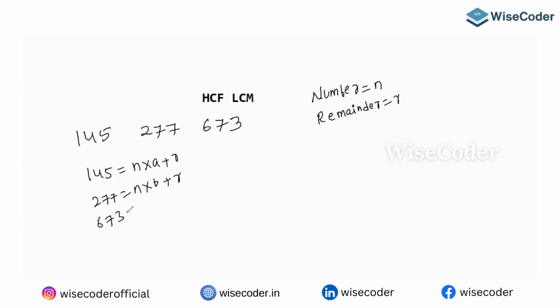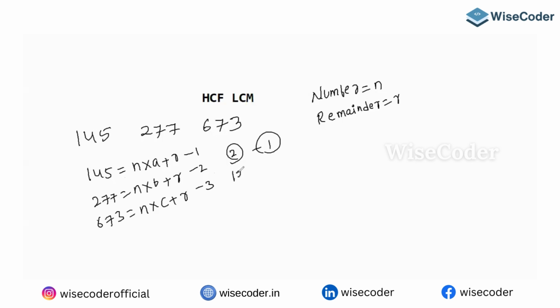And 673 equals n into c plus r. If you closely observe, this is the first equation, this is the second equation, this is the third equation. If you do 2 minus 1, so 277 minus 145,